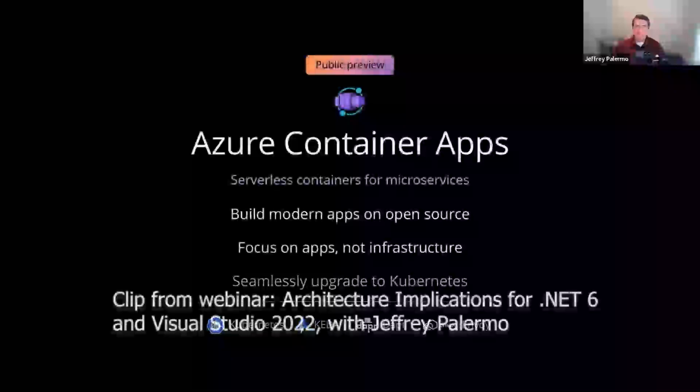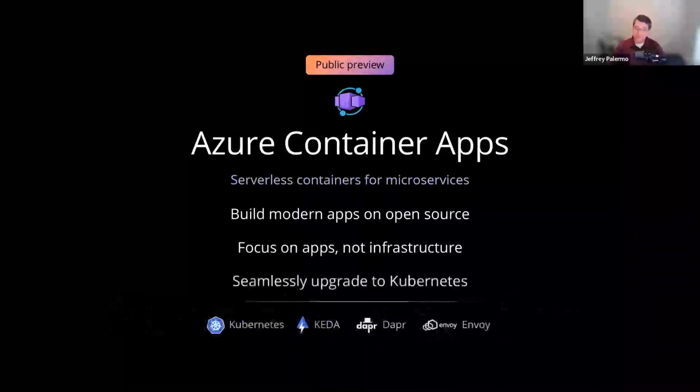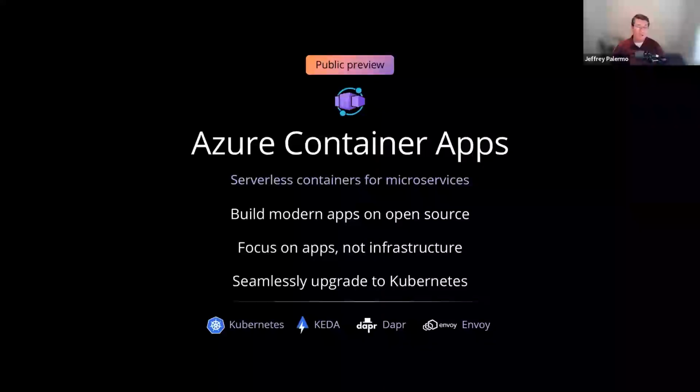All right, let's expand from Azure App Service to something that is really exciting from an Azure perspective, Azure Container Apps. It is preview now, but we've tried it out. And even in preview status, it works. And I think that this is going to be real. I'm really hopeful that at the Microsoft Build Conference, they put this in general availability, or at least some type